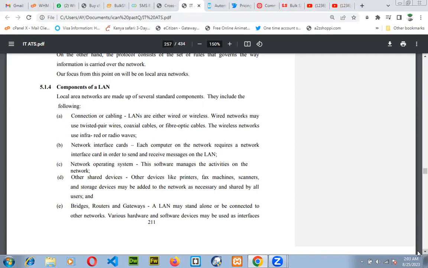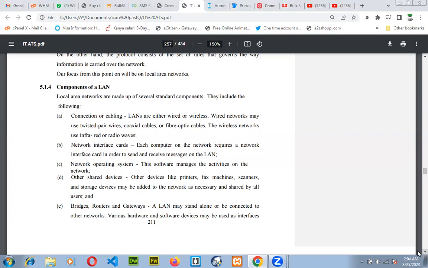Components of a LAN. A local area network is made up of several standard components. They include the following: connections or cabling, network interface card, or you can call it a LAN card. We have network operating system, which is the software that enables the network to function on a computer system. We have other shared devices, like printer, fax machine, scanner, and storage devices, which may be added to the network as necessary and